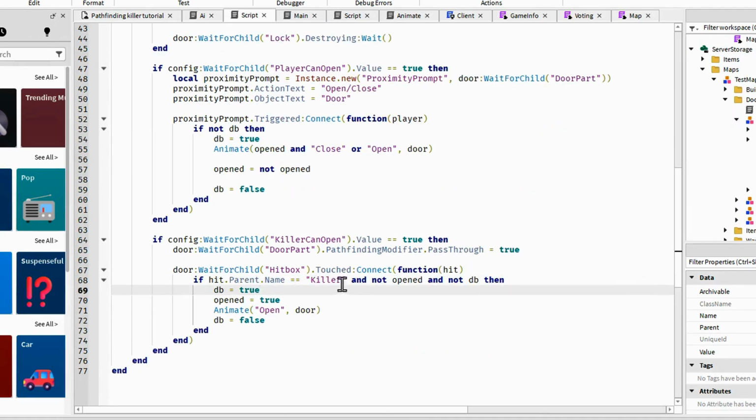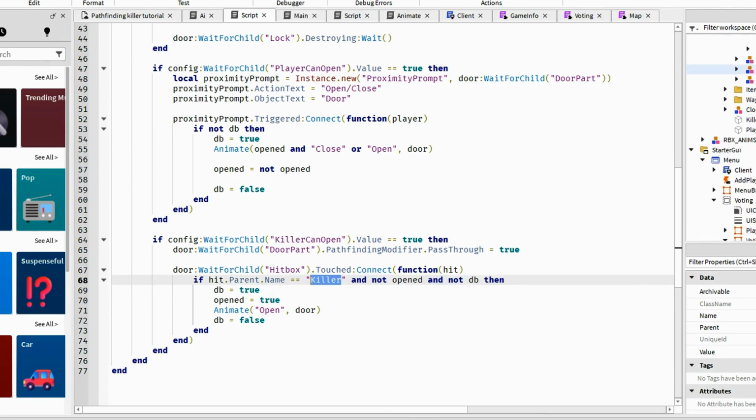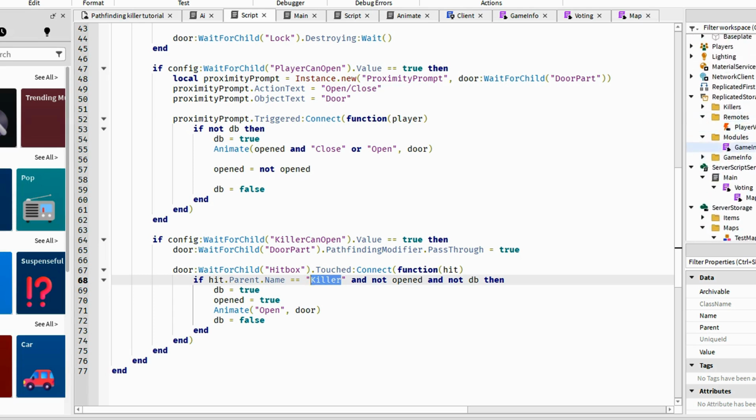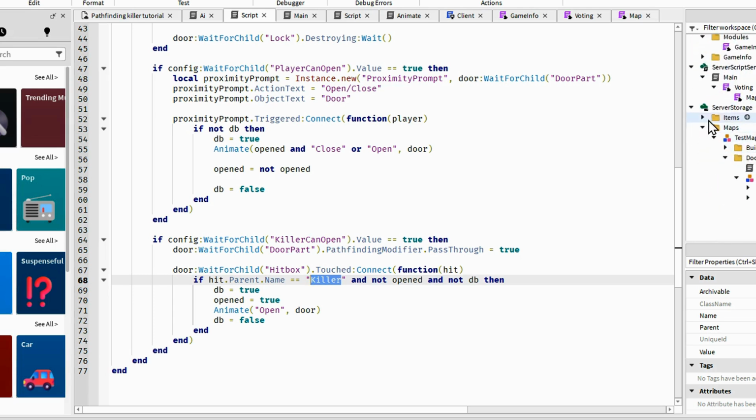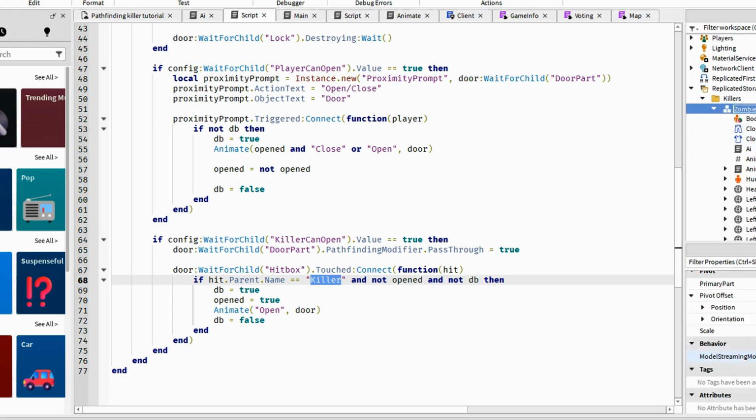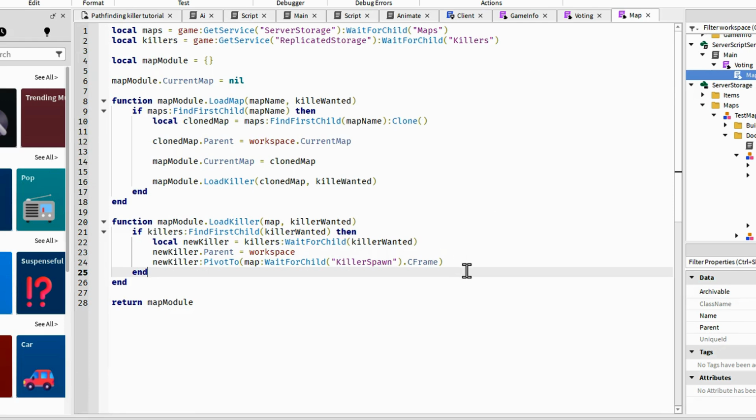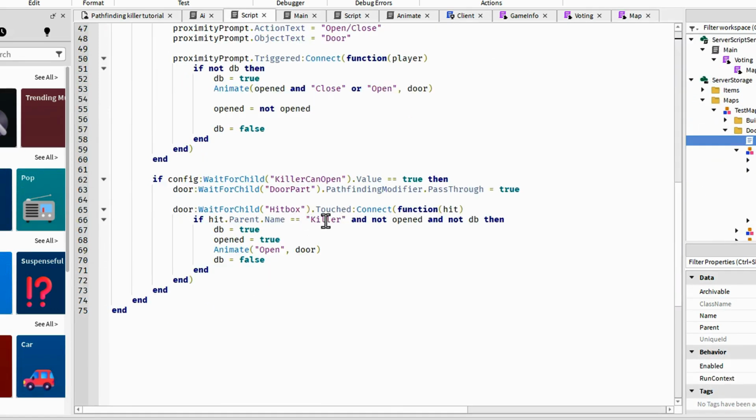I see. It's checking if the name of the killer is named killer, but its name is not always killer. So we're just gonna check if we have an attribute. We're gonna do new killer set attribute is killer. This is gonna be true, like that. Over here, it's just gonna check if the